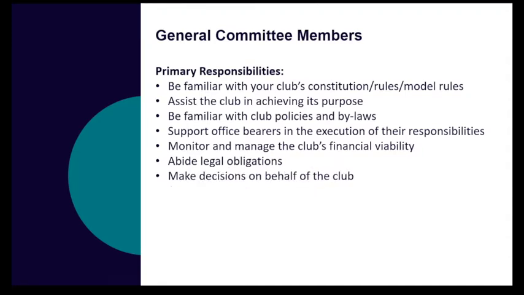As I said before, the committee as a whole entity is responsible for making decisions on behalf of the club. Aside from special resolutions or election of committee members, where it's the responsibility of the entire club membership to vote, the majority of decisions are made by the committee. And again, the committee